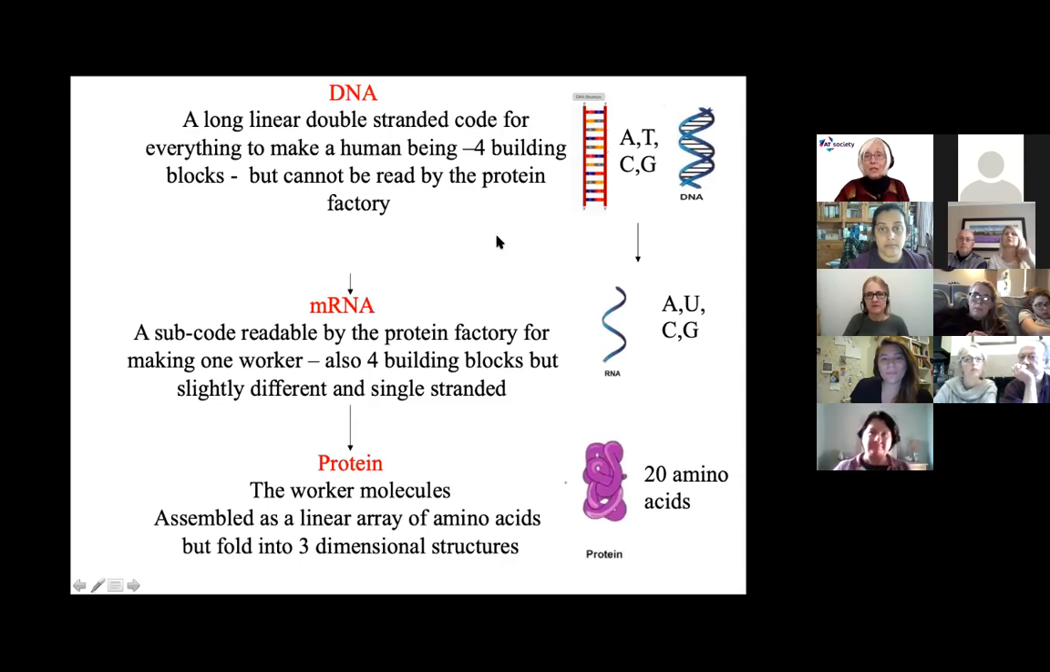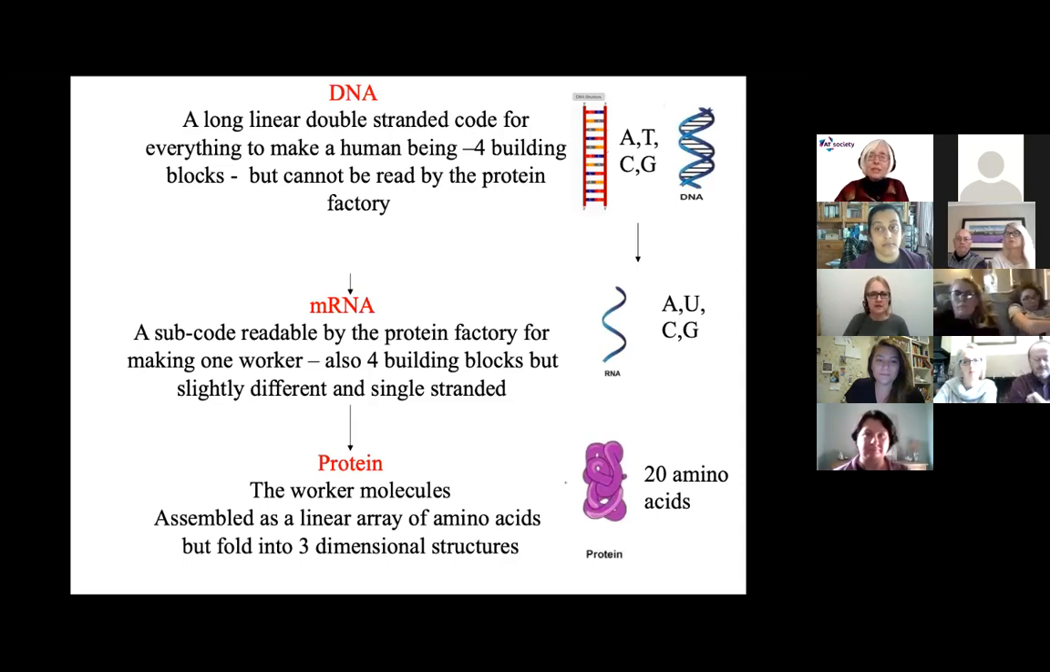So what I told you was, if you remember, we started talking about how you start off as a single cell, and that cell can become a whole human being. And so it's got to have all the information that's needed to make a human being. And that information is stored in a linear, long molecule called DNA. The DNA has 4 building blocks, A, T, C, G, and